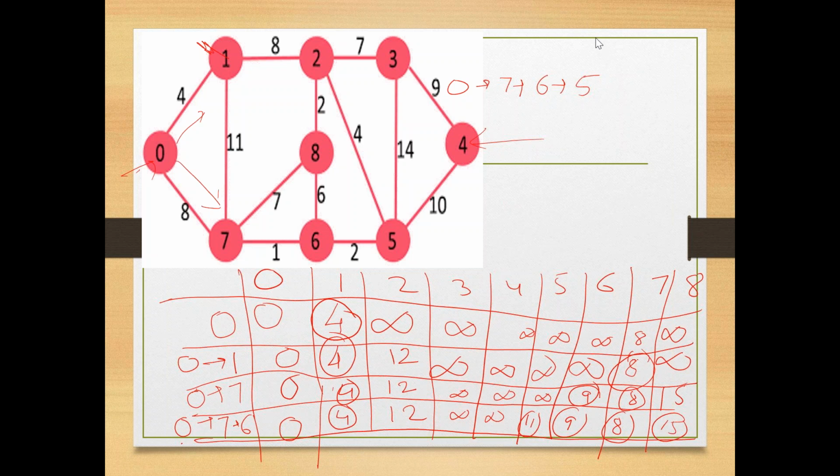Achha, explain this 0, 7, 6. Okay, Vishaka. For this, you can check that the smallest value after 4 and 8 is 9. 9 is of the 6 node. That's why we have selected 6. Hope it's clear, Vishaka. Next, 0, 7, 6, 5. We have taken this also. Good.